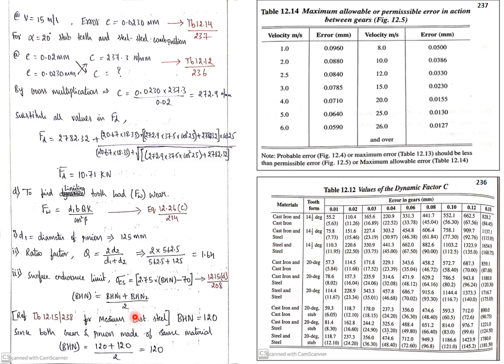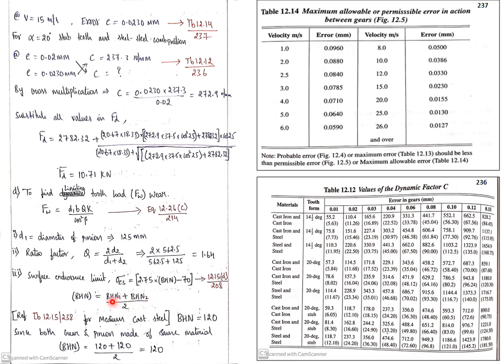For a medium cast steel, the Brinell hardness number is 120. Correct, guys? Because we don't know the endurance strength, this is the formula to calculate endurance strength. In the previous formula, the endurance strength was given. Okay, here you need to calculate endurance strength in this formula. Using this formula you get 208, where bracket BHN represents (BH1 plus BH2) by 2.